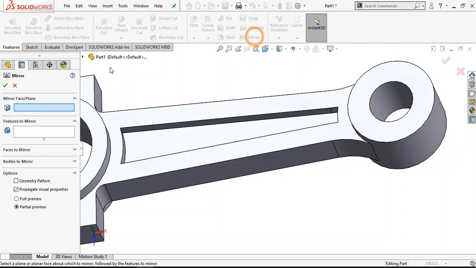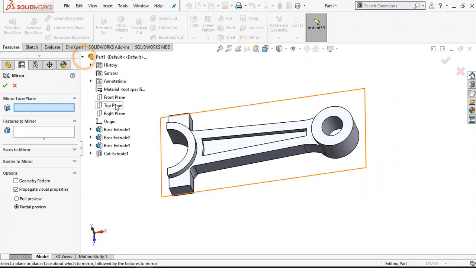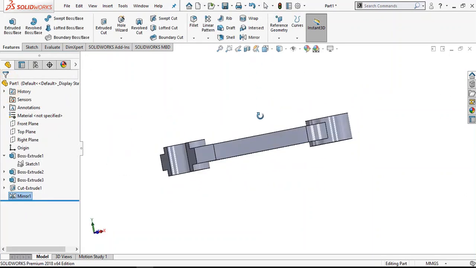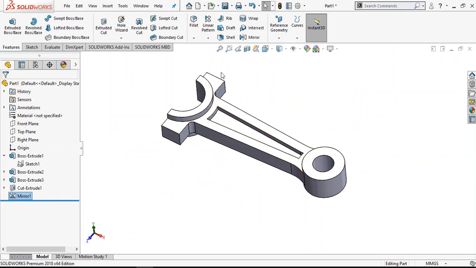Now mirror this extrude cut. Select top plane and the feature to mirror. Select cut extrude 1. Okay.